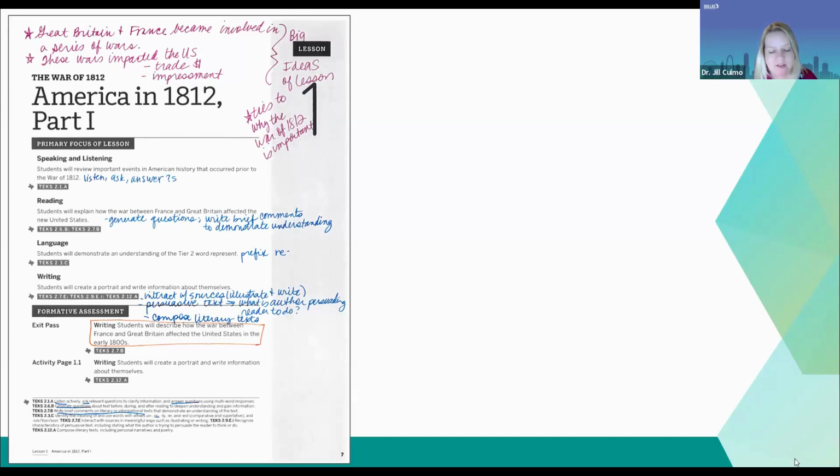Notice how it's evident that the teacher thought about the connections between the primary focuses of the lesson and how they're connected to the TEKS. You can see those notes in blue. You can also see that the teacher has written notes in pinkish red about the big ideas of the lesson and how those tie into the importance of the overall unit.